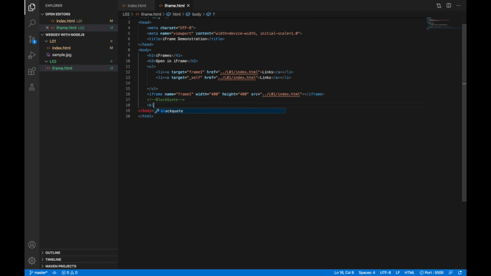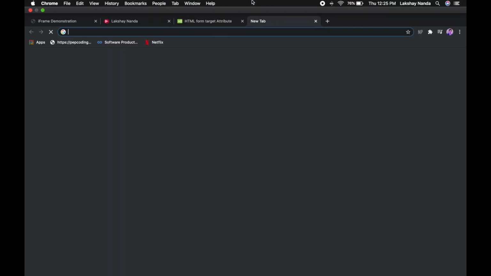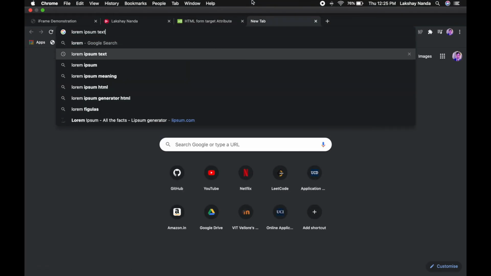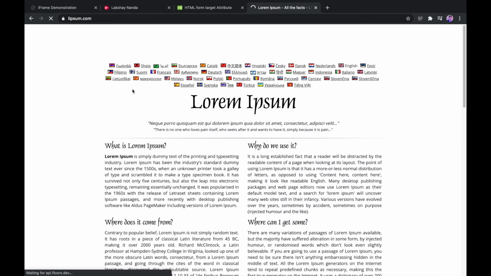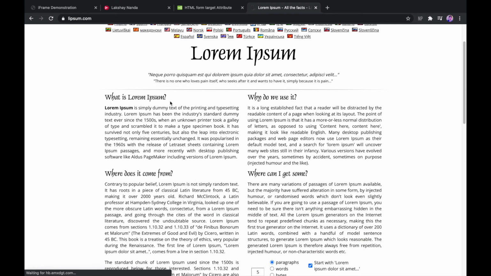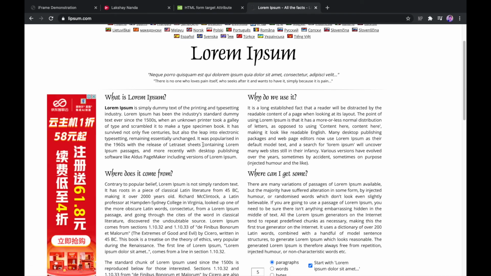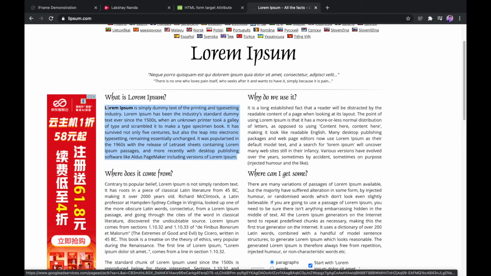So there's a blockquote inside your HTML, I'll just copy some text. There's a website called Lipsum Generator. You can generate as much text as you want. I just need a small piece of information.